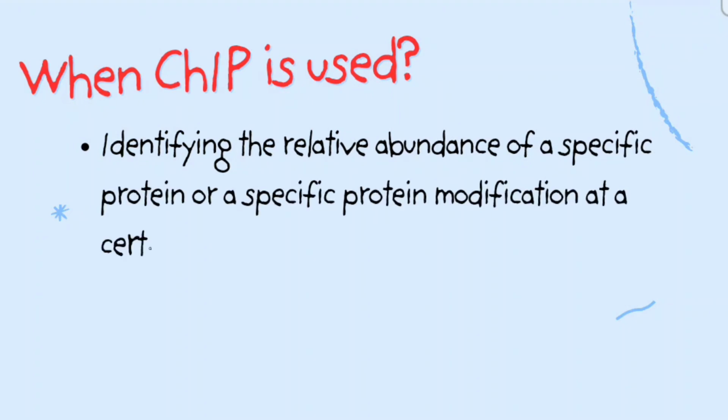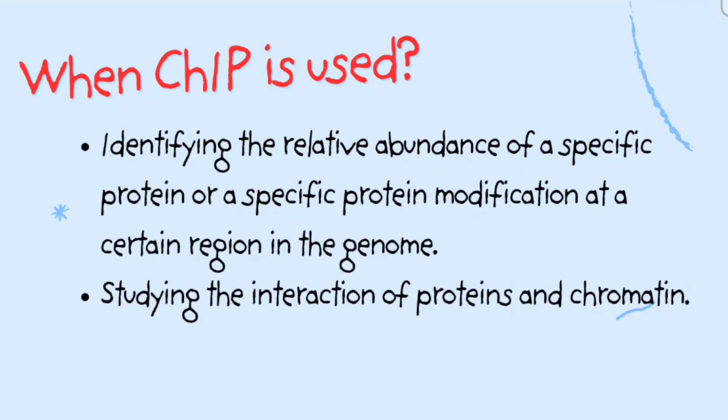Next, let's think about when or where we can use ChIP. Technically, ChIP is used to identify the relative abundance of a specific protein or a specific protein modification at a certain region in the genome. ChIP can be used to answer a multitude of scientific questions involving the interaction of proteins